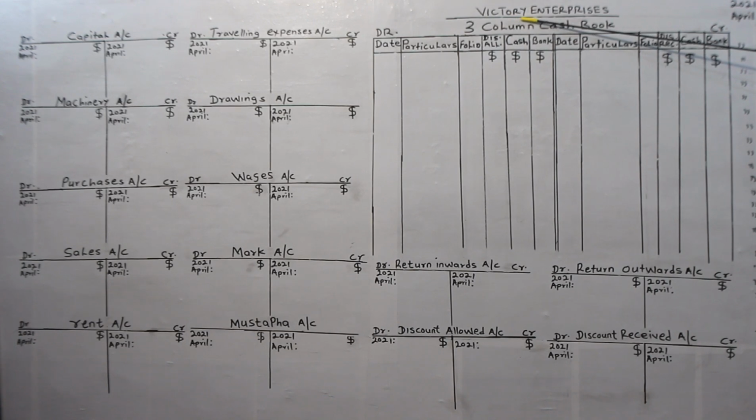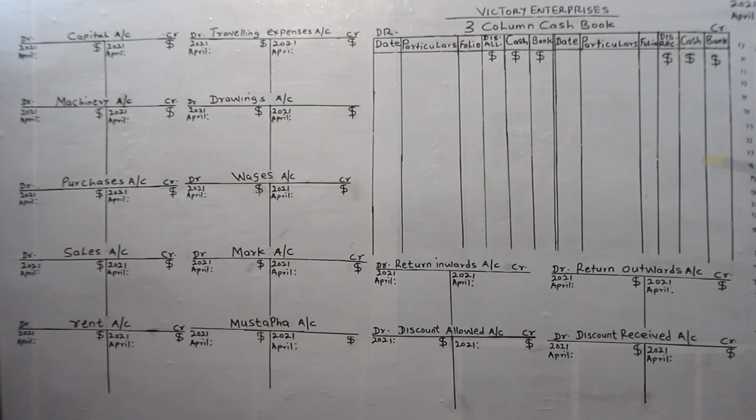What are we preparing for Victory Enterprises? It is the 3-column cash book. Now, the ruling of the 3 columns cash book is different from the 2-column cash book, just with the inclusion of discount allowed, DISALL, at the debit side and discount received at the credit side,